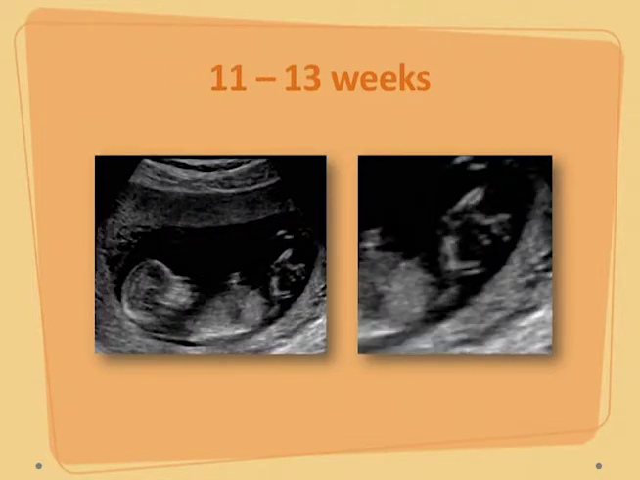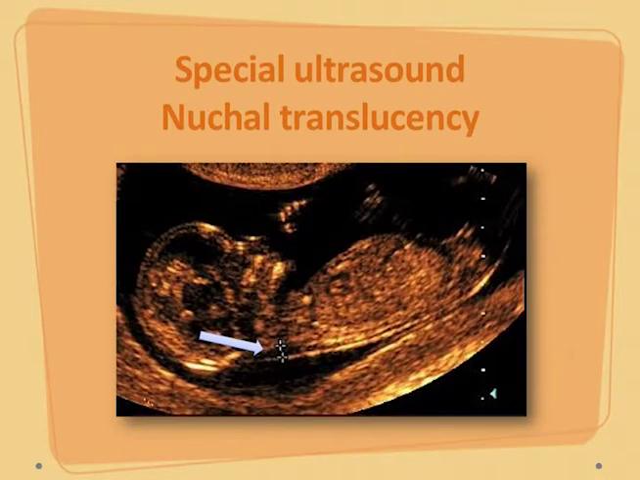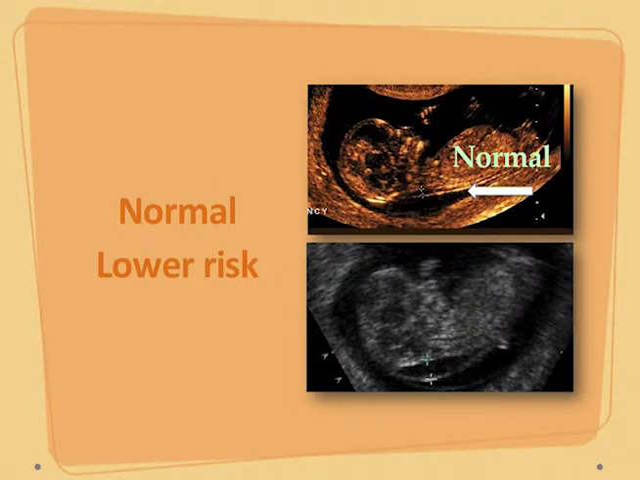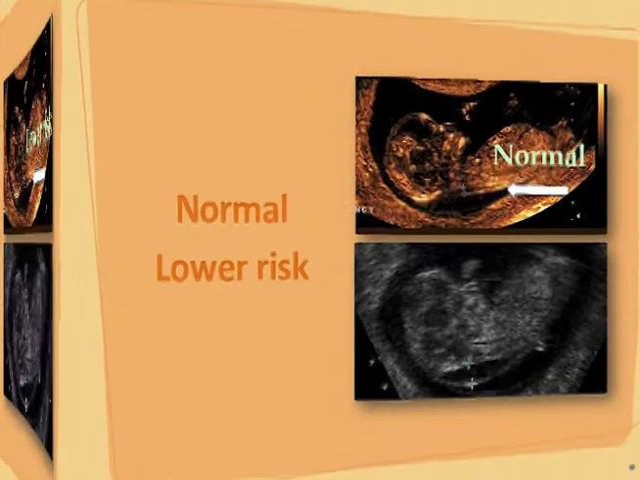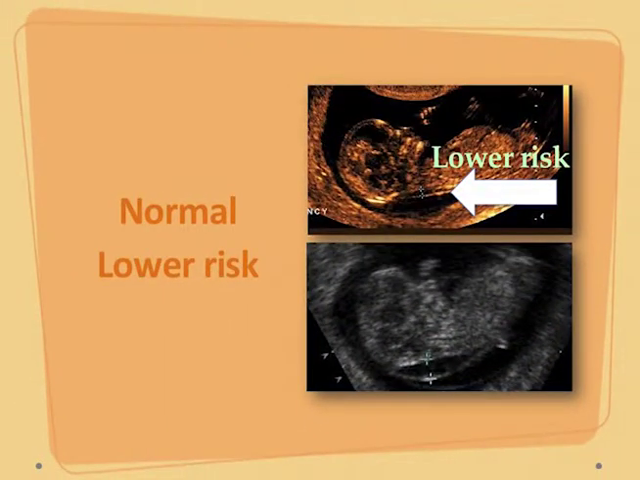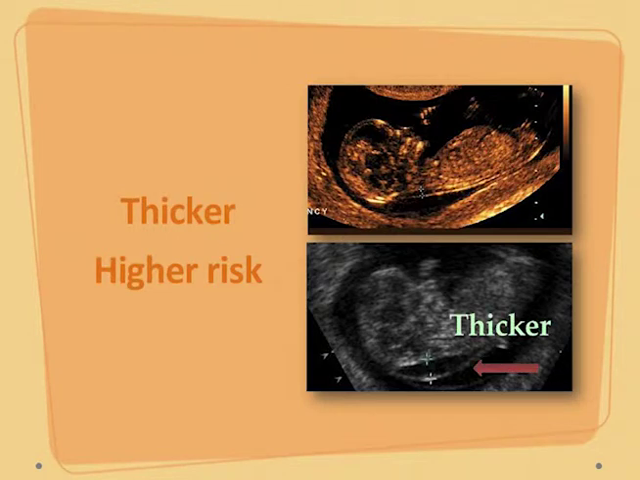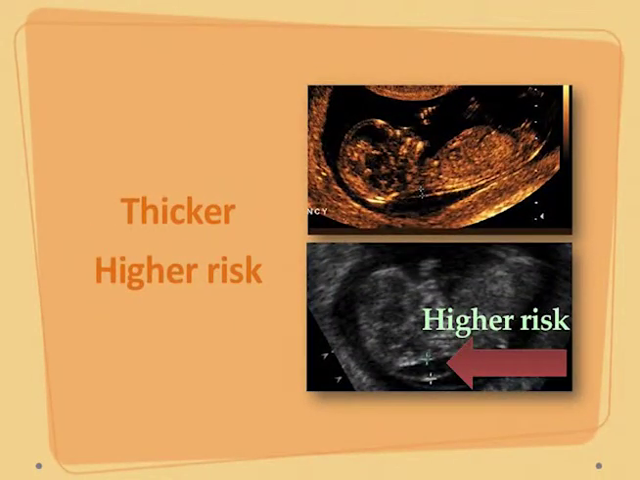Between 11 and 13 weeks of pregnancy, ultrasound can be used to measure the nuchal translucency, which is a small pocket of fluid at the back of the baby's neck. A normal nuchal translucency measurement, as seen in the top picture, indicates a lower risk for a chromosome abnormality in the baby. A thicker nuchal translucency measurement, as seen in the bottom picture, indicates a higher risk for a chromosome